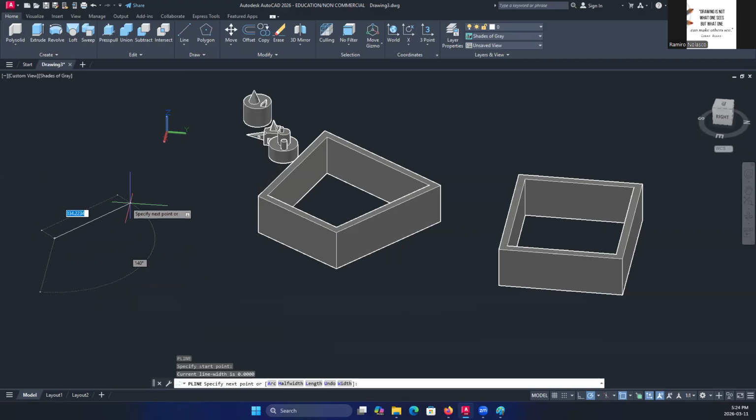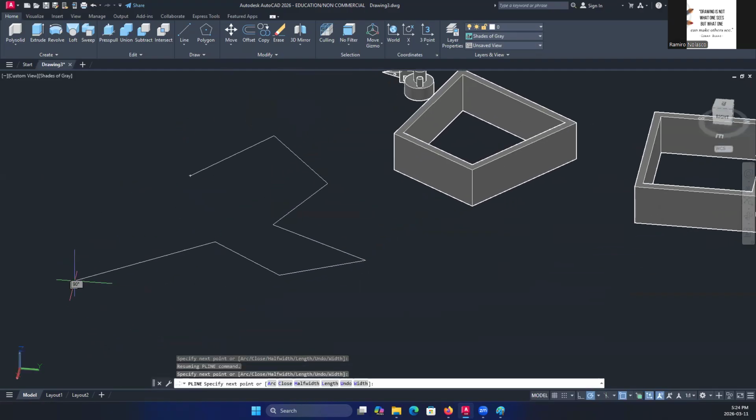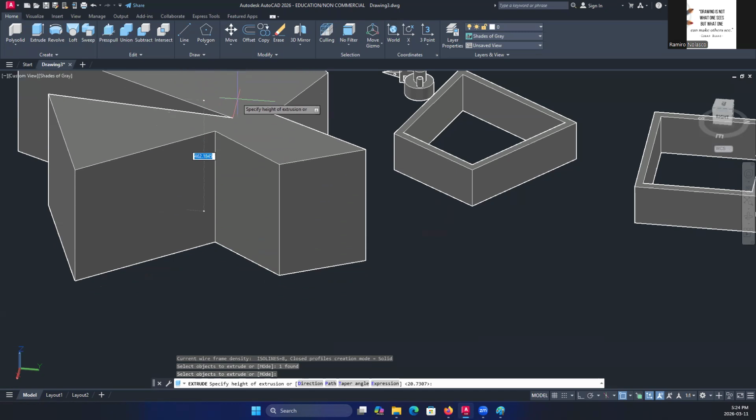So with polyline, you can create whatever shape you want. Close. And then use the extrude command to extrude this, enter, to a certain height. Let's say 400.